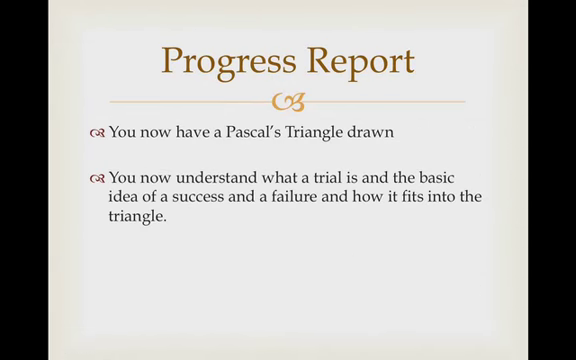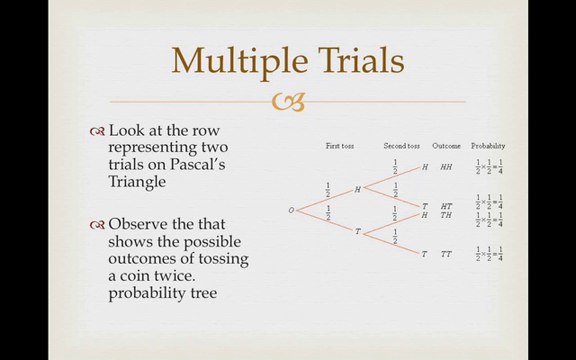So we've now got a Pascal's triangle drawn, hopefully when you pause the video before and you understand what a trial is and the basic idea of success and failure. So now let's have a look at multiple trials. So let's look at row 2 of the Pascal triangle, which is of course the third row down, because it represents 2 trials. So let's first start with this probability tree here,